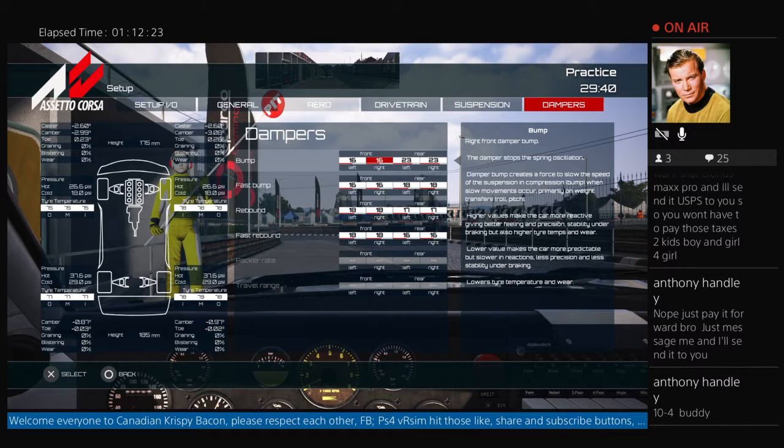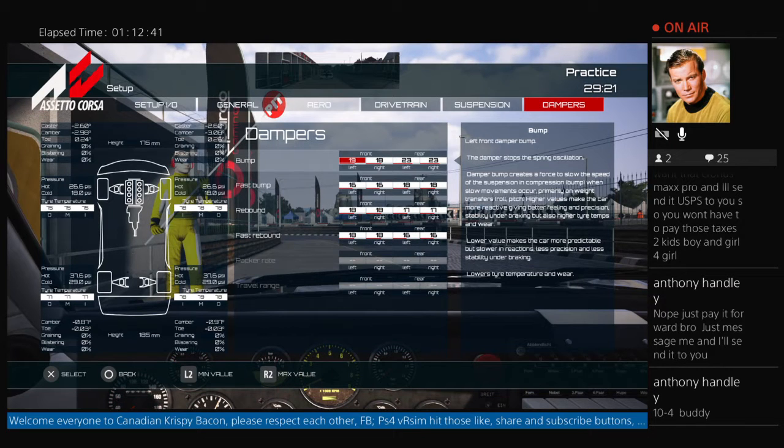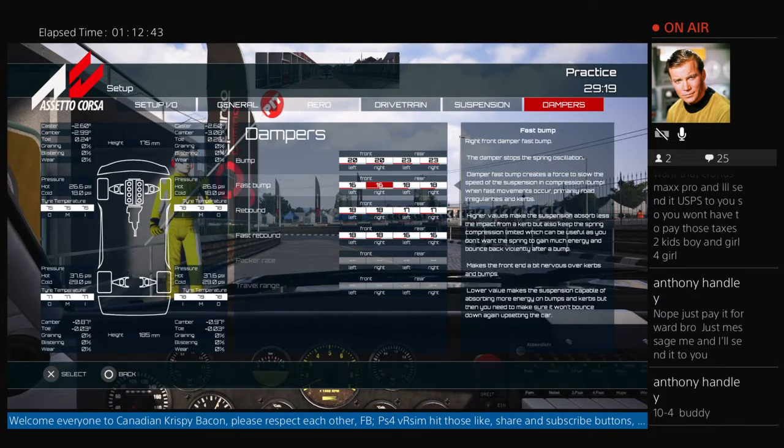Okay, lower value makes it more predictable, but slower in turn, with less stability under braking. I'm not worried about higher tire temps, so we'll bring the value up on that. How's that? And then with this one,